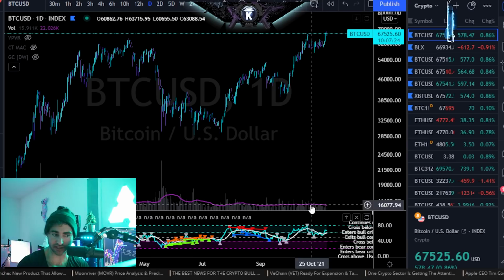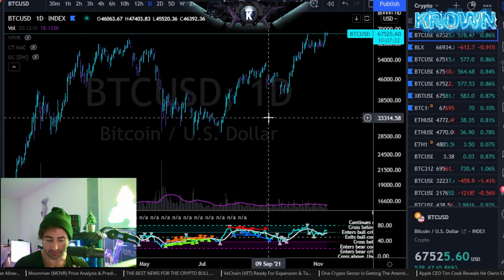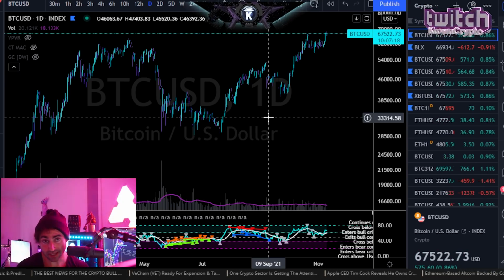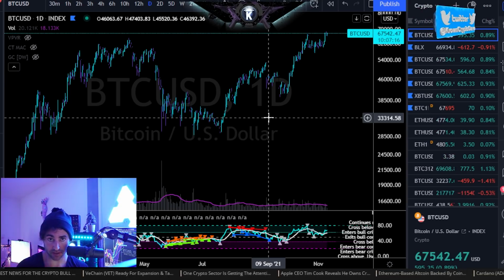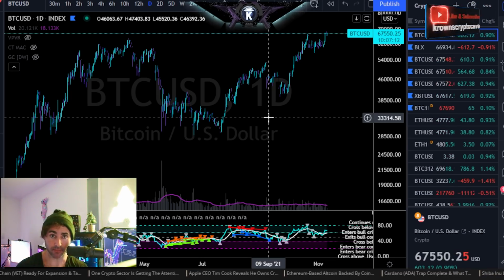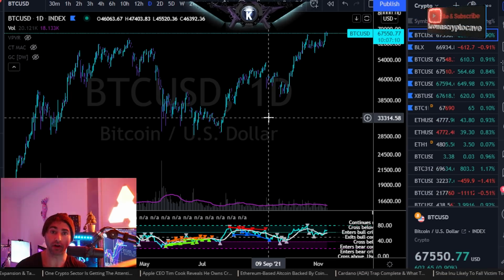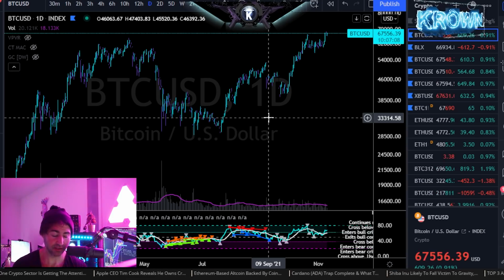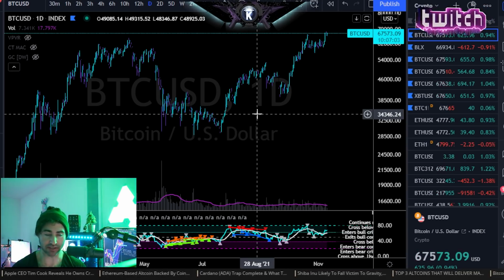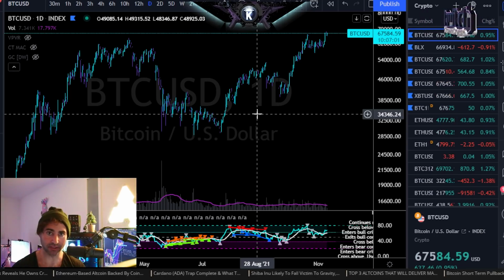So what does this look like? Well, in a very simplistic tone, it is simply this. When price action is making a higher high, but the RSI is making a lower high, that is bearish divergence within the context specifically of an uptrend. So obviously you can never have bullish divergence in an uptrend. You can never have bearish divergence in a downtrend. You can only have the hidden varieties.